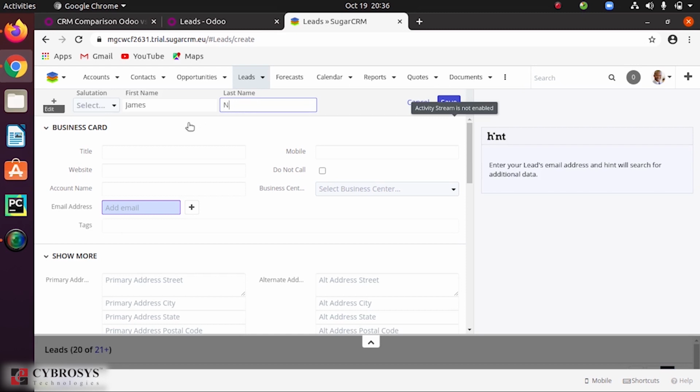Here we have created a person called James. Here you can mention the title, the website, mobile, and the email address also.